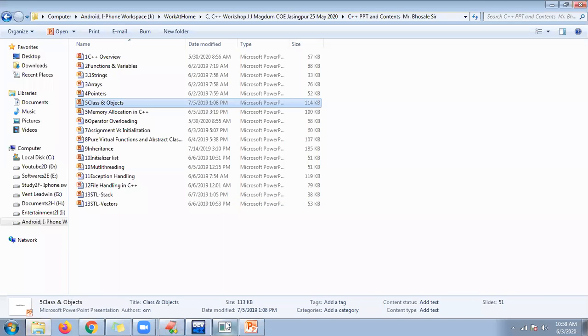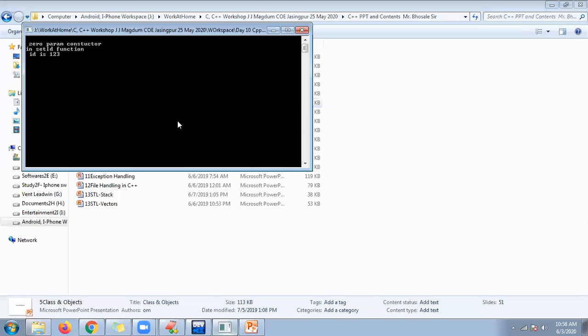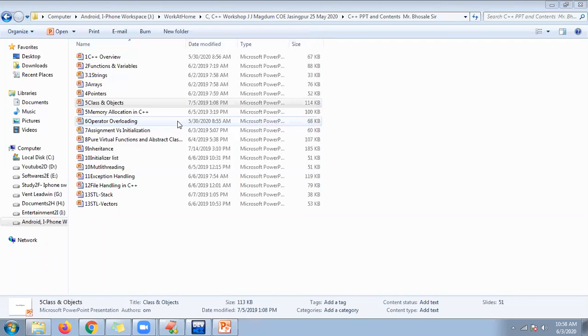Guys, just observe the output here. When I press enter, one line will come. I will show that line slowly. How can I show that line before it goes to delete automatically? Let me run once again.